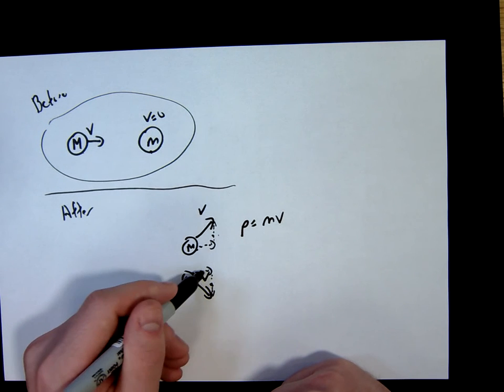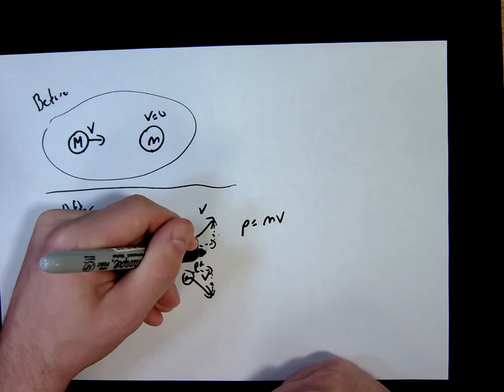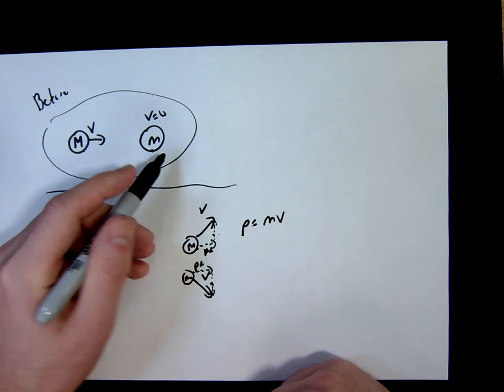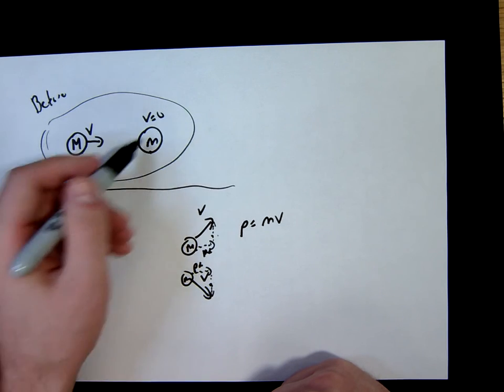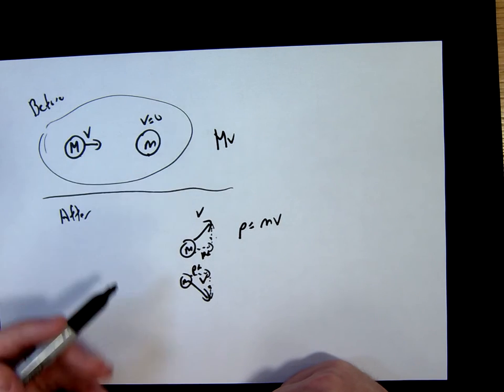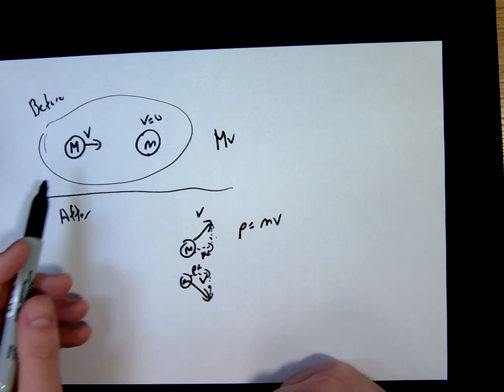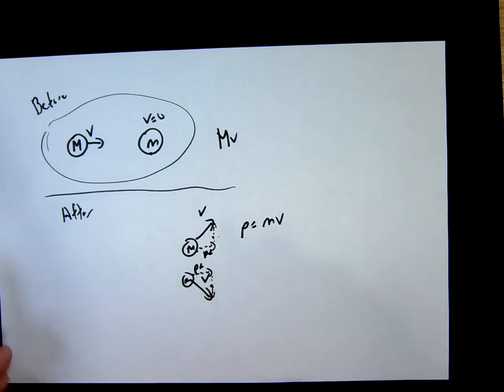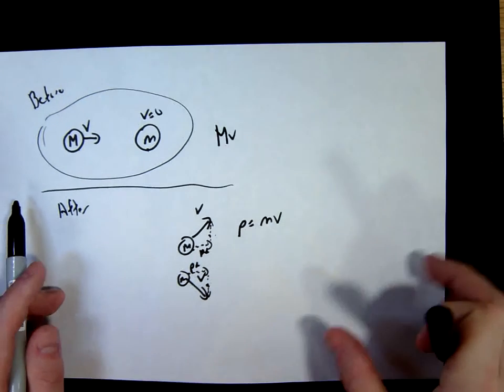And then the momentum of x here and the momentum of x here have to add up to the total momentum. It'll actually be equal to m times v, because this is plus 0. So you get an idea of how to deal with these conservation of momentum problems. You'll get problems like this, and you'll also get problems